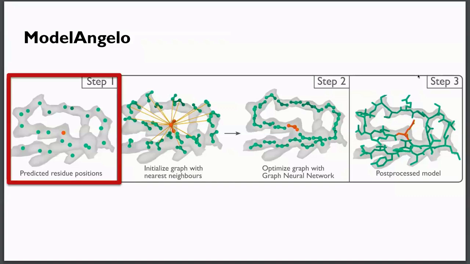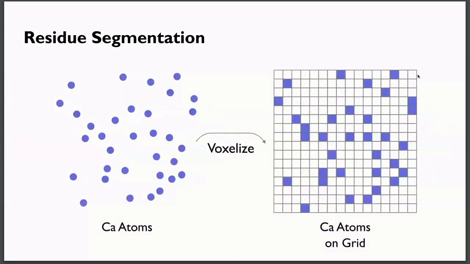Okay, so for the first step, where we want to predict the residue positions, we can parameterize this problem as a segmentation problem. Right? So you have your cryoEM map, which is a 3D voxel array, and you would like to basically answer the question for each voxel in your map, whether or not there exists a C alpha atom representing the center of your protein residues, phosphor atom representing the center of your nucleotide residues, or neither. And this is actually quite a difficult segmentation problem